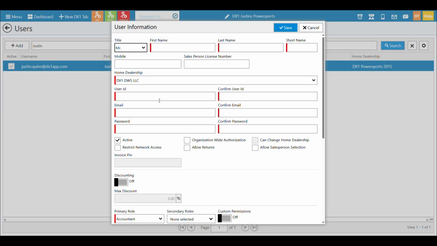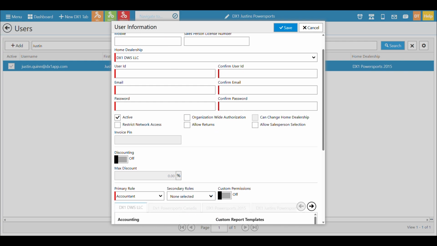And here, it's not much different than the screen we just saw. You'll go in, you'll set first and last names, a short name if you'd like. You can decide which dealership, if they're available in your org. You'll assign a user ID. You'll enter their email for things like communications, verifications, and resetting passwords. You can build a generic password. The first time they log in, it will prompt them to set up a new password.